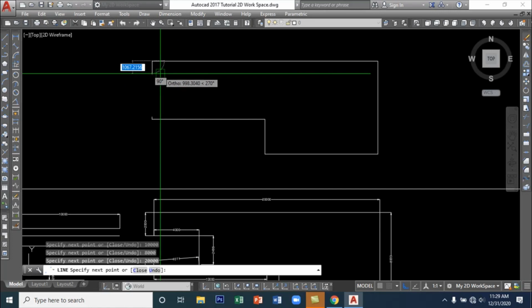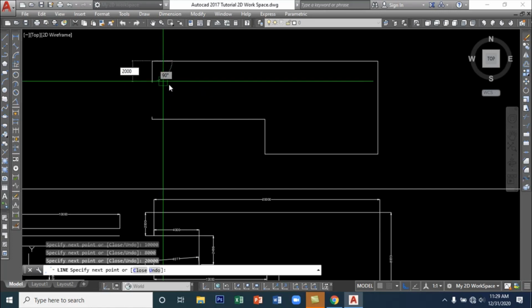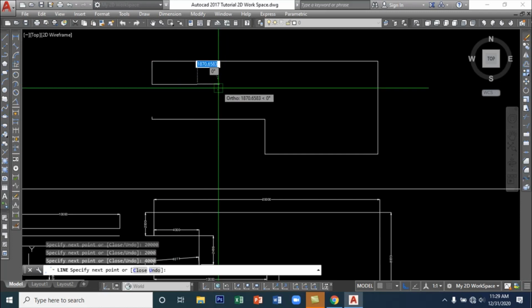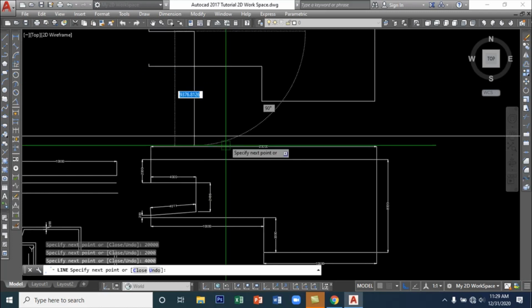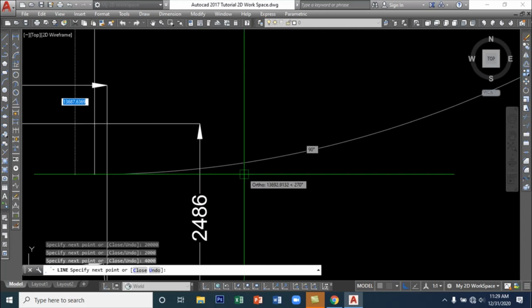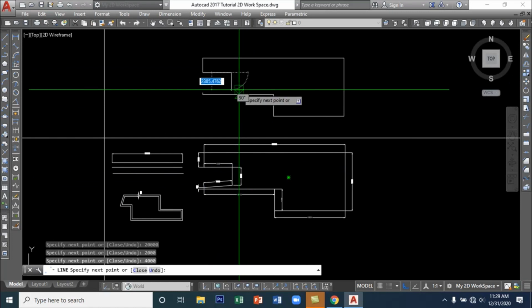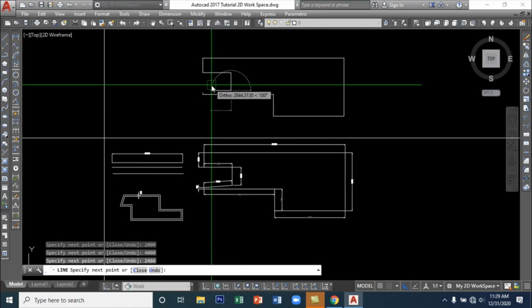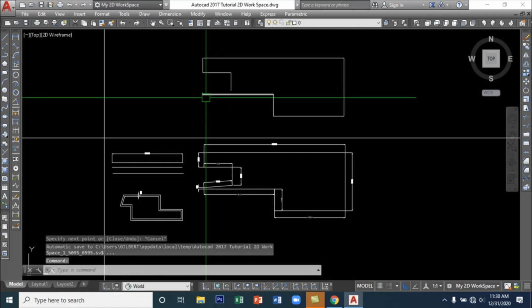Then 2,000 down. Then 4,000. Then what is this dimension? 2486. 2486. Enter. And then type C as in close, or if you cannot close, just